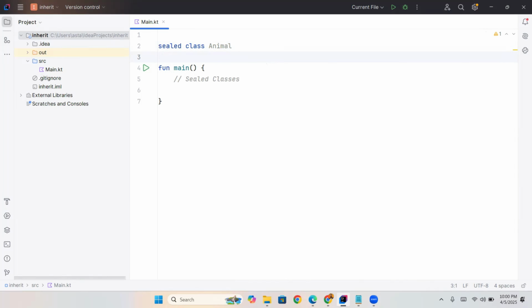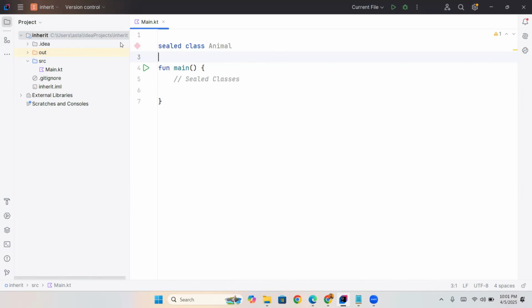So, why should we use sealed classes? They are perfect for scenarios where you have a closed set of types. A great example is modeling different states in an application, such as the state of a network request, which can be loading, success, and error. Imagine you are building a user interface and you need to display different messages based on the state of the network request, that either the network is busy or it's loading or it has an error. Sealed classes give you a safer way to handle these states.